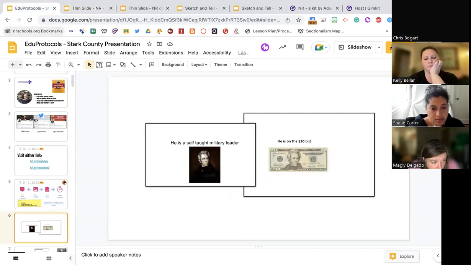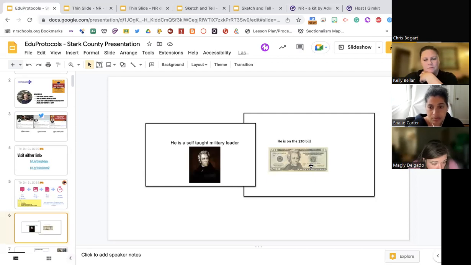And I kind of did something similar. And I told the kids, hey, find something interesting about Andrew Jackson. And I should have known better because I got the $20 bill thing over and over again. And I'm like, no, I'm tired of the $20 bill thing. I said, whoever can find me the most interesting fact about Andrew Jackson will win a prize out of my,